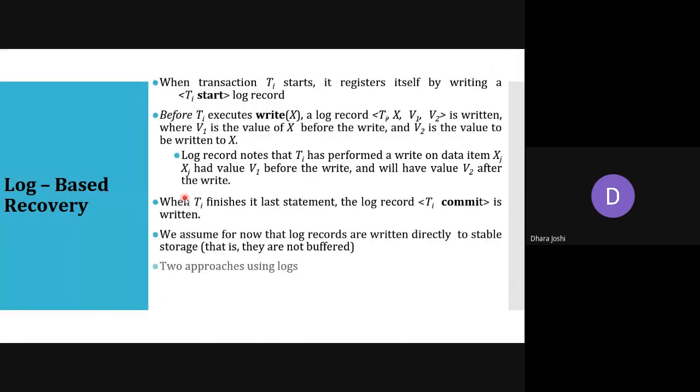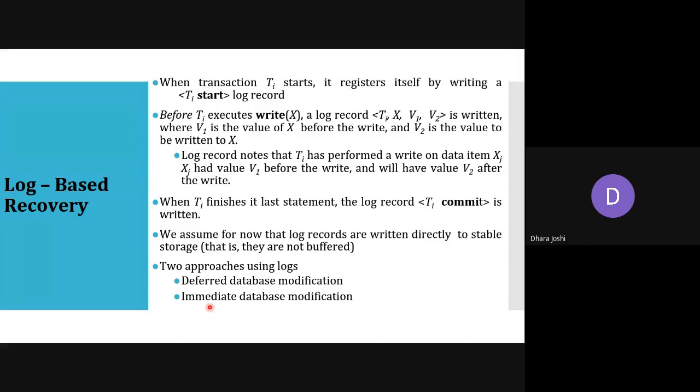Then we have seen that we have two approaches for using this log-based recovery. One is deferred database modification and the other is immediate database modification. We know what deferred means: to delay. So we delay writing the operation's value into the actual database. If we have write data item A, and A's value is previously 10 and now we want to write it with 20, we delay until we find the commit instruction.